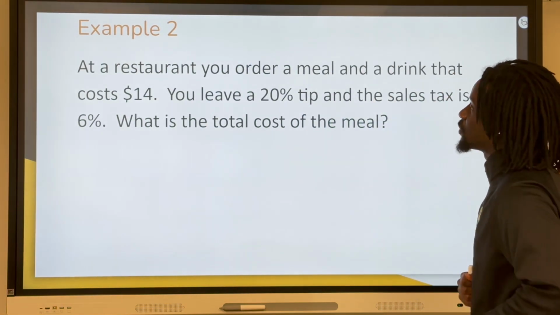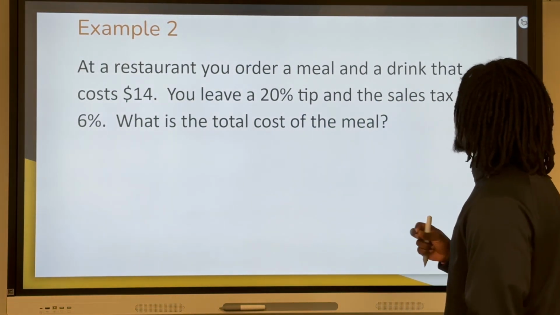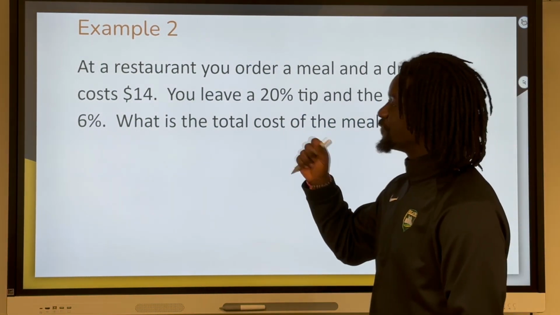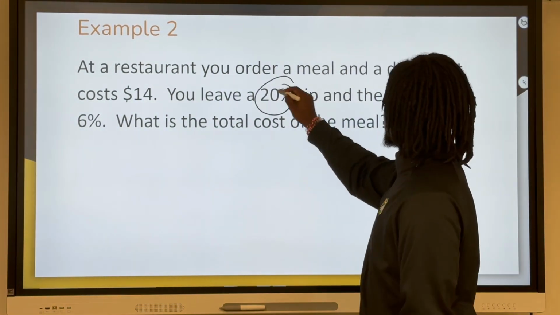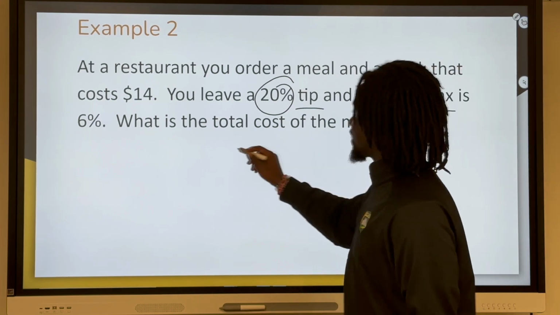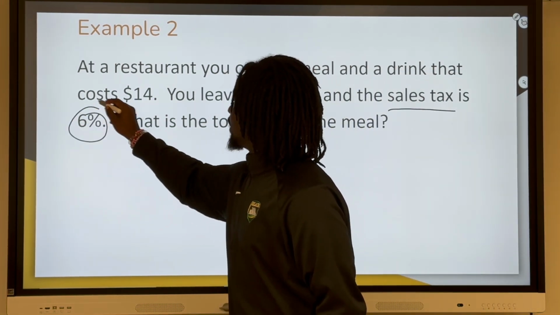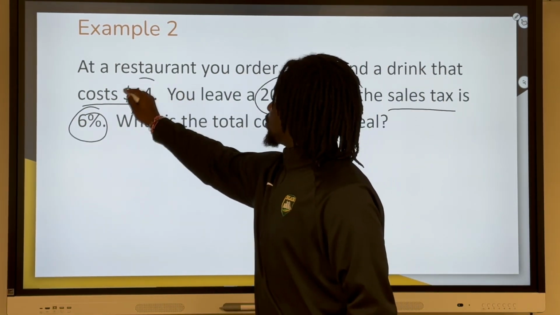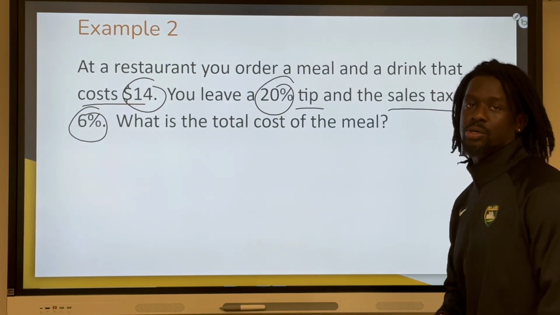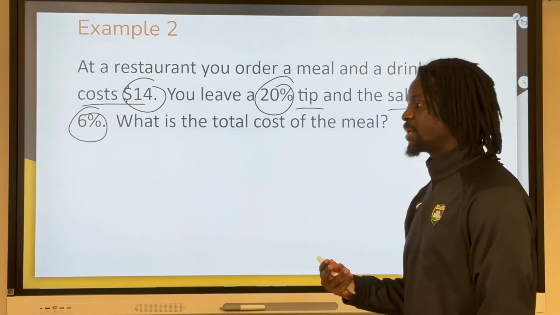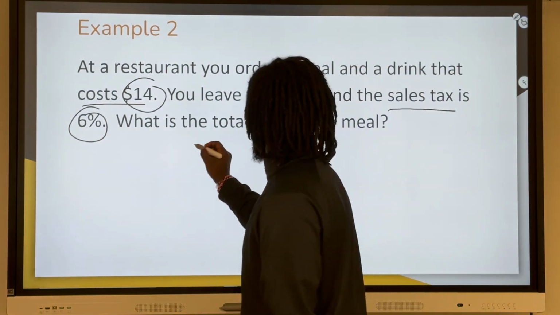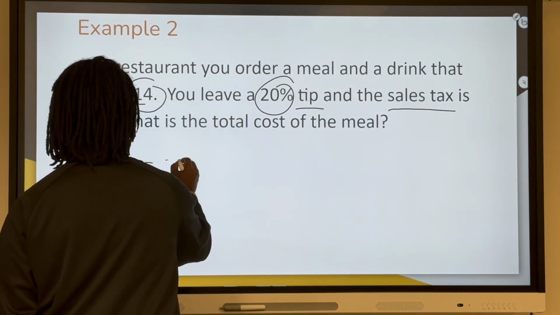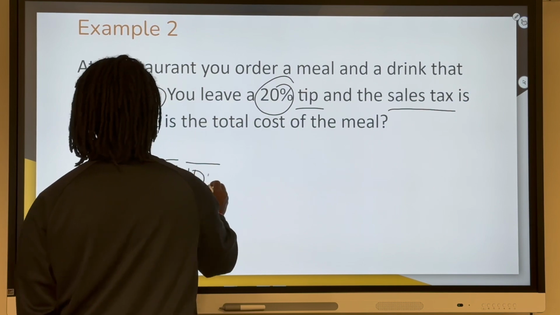All right, at a restaurant, you ordered a meal and a drink that cost $14. You leave a 20% tip, and the sales tax is 6%. What is the total cost of the meal? Okay, so again, anytime I see a question that has a percent sign, I can always set up this proportion,